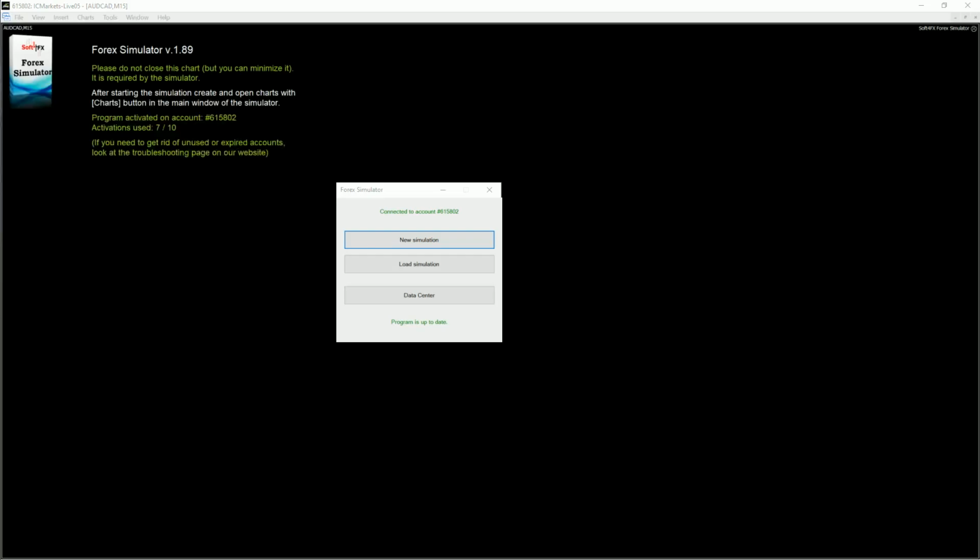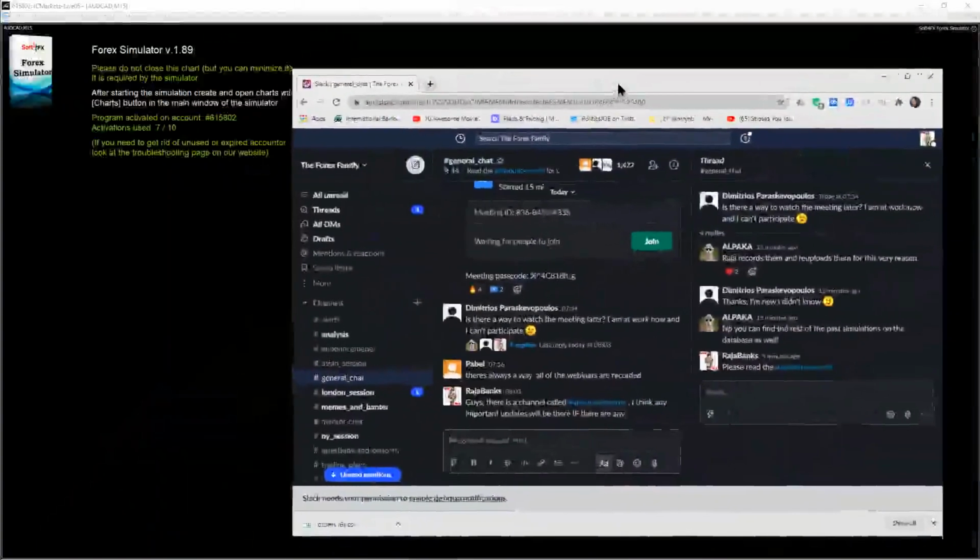Today there's something I've been practicing a lot myself: breaking down the high time frame to low time frames, then looking at the low time frames for entries and the high time frames for potential targets, like where price can potentially move. So first, before we do that, we're going to